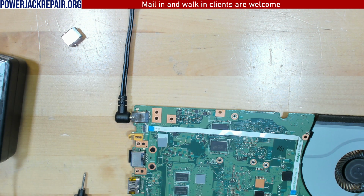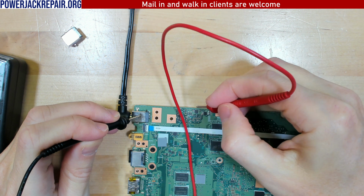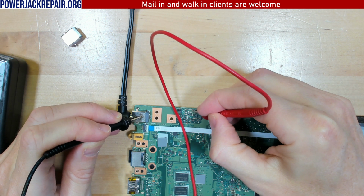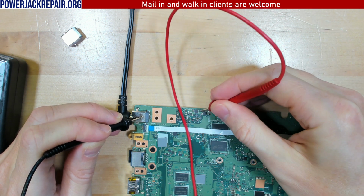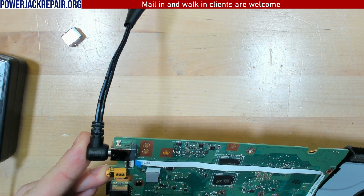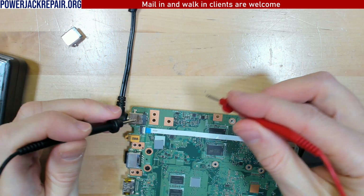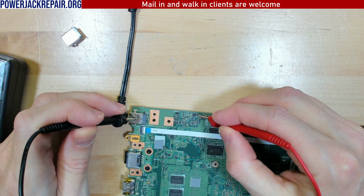Alright, so now we're gonna put safety glasses on, because this just doesn't work well for me. Alright, so my question is, why is it... Ah, I see. Alright. So what happens is it drains to the...